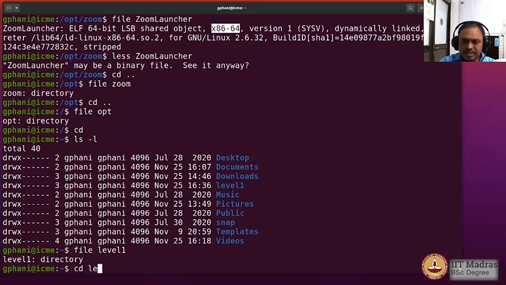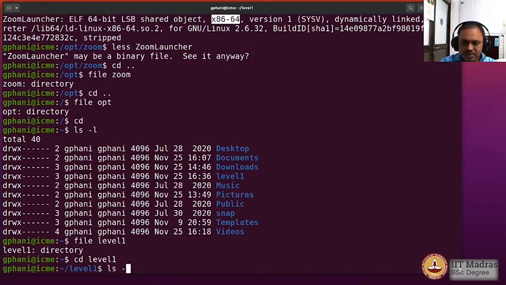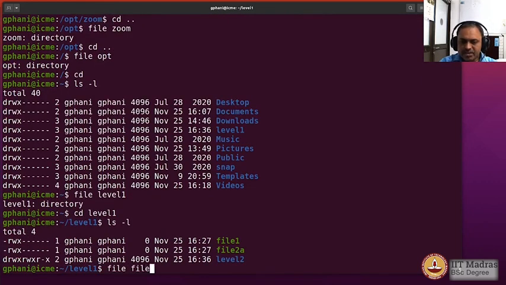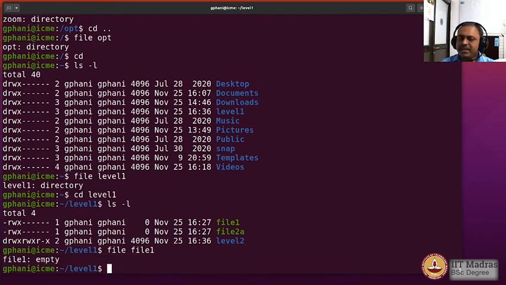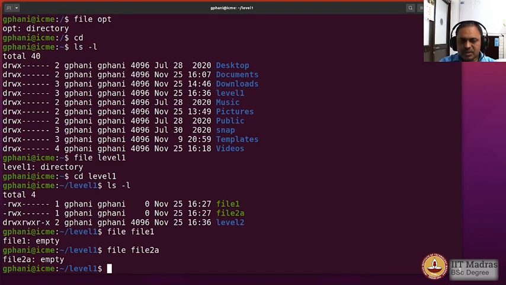Go to that level 1, try it on file 1, and it says it's an empty file. So you can find out whether it is a directory or a regular file, a text file or an executable binary, using the file command. And you can also explore what is there in the system for you to read using these commands.